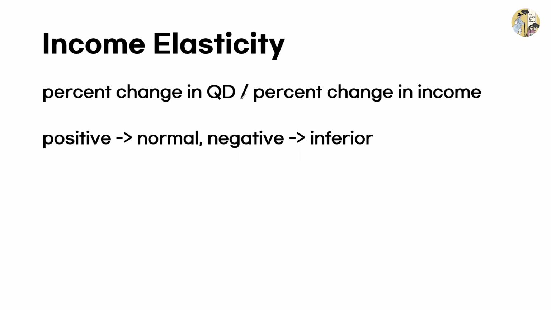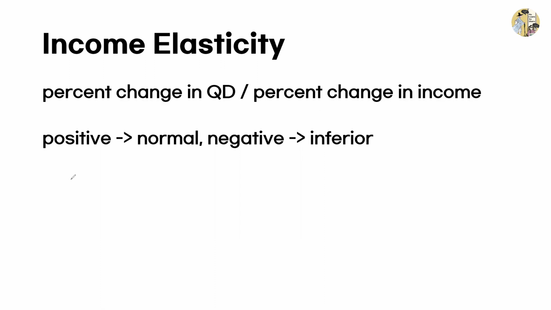And if the calculated value is positive, it means that the good is a normal good. While if the calculated value is negative, it means that the good is an inferior good. Well, how can you be so sure? I mean, maybe the value can be negative, but the good can still be a normal good. But if you take a closer look at this, you can understand why a negative value indicates an inferior